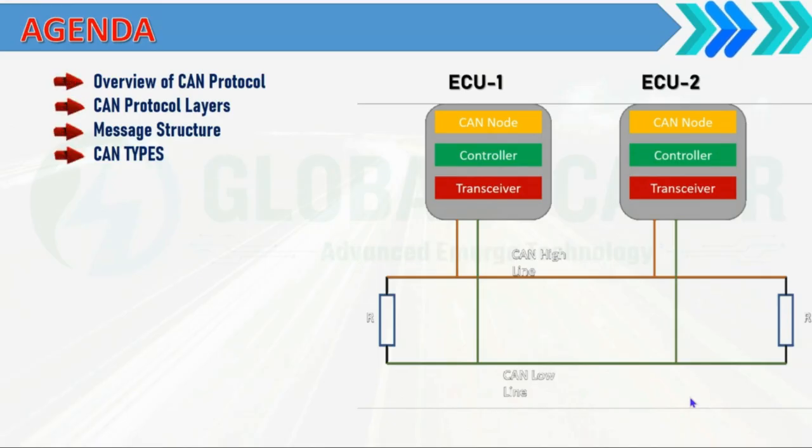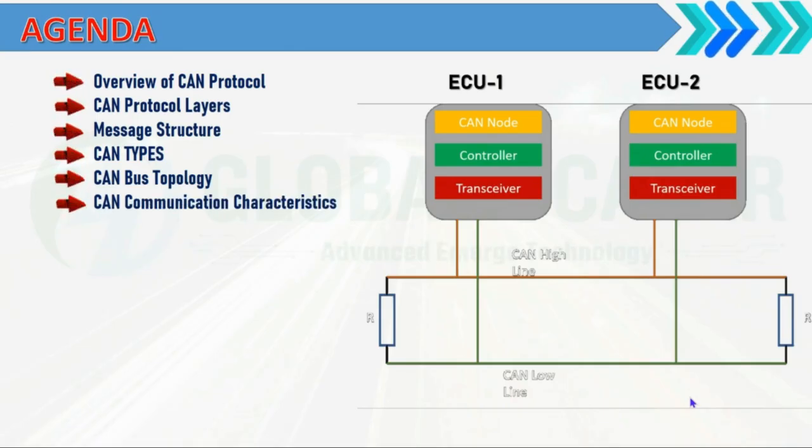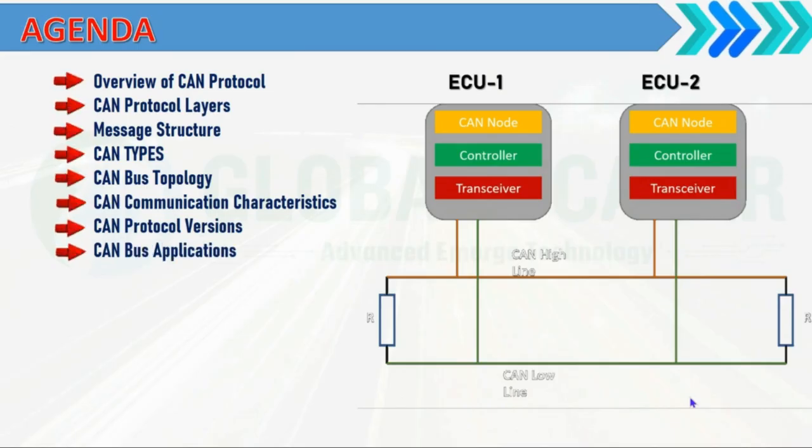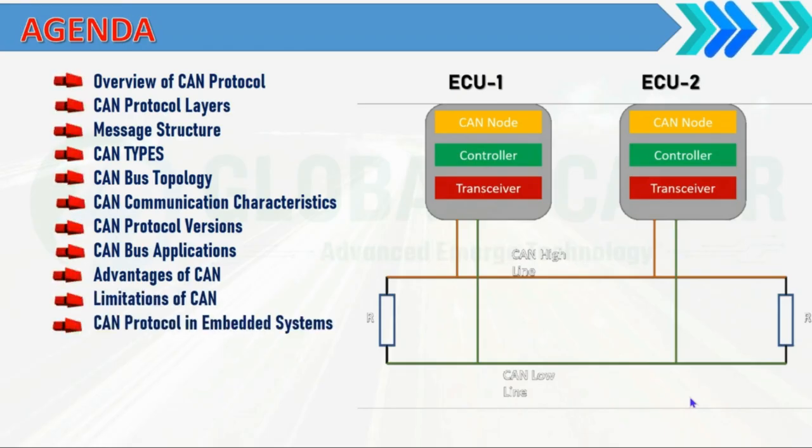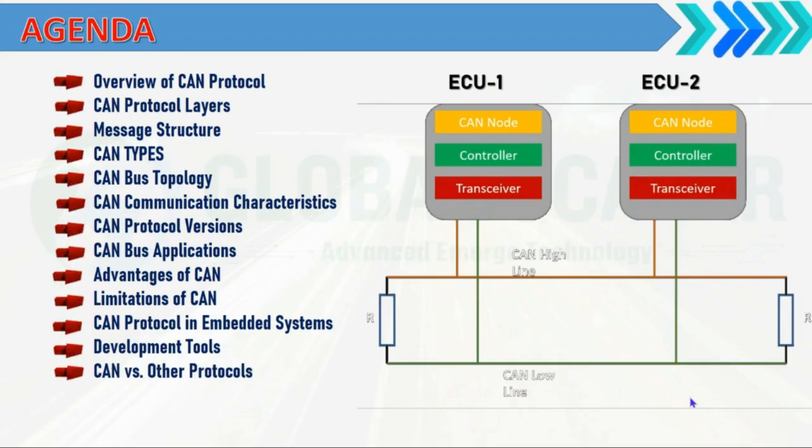the types of CAN and CAN bus topology, CAN communication characteristics, CAN protocol versions, CAN bus applications, advantages of the CAN and limitations of the CAN, and how this CAN protocol is used in embedded systems, and the development tools, and CAN versus other protocols differences, and what the common use cases are that are available in the CAN